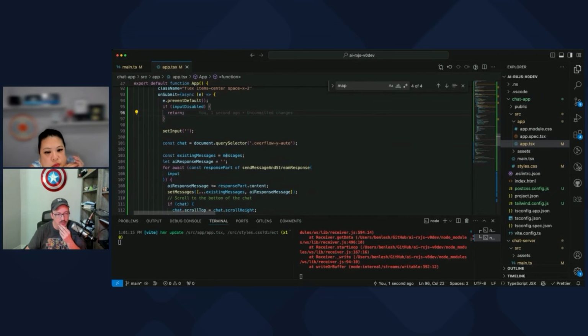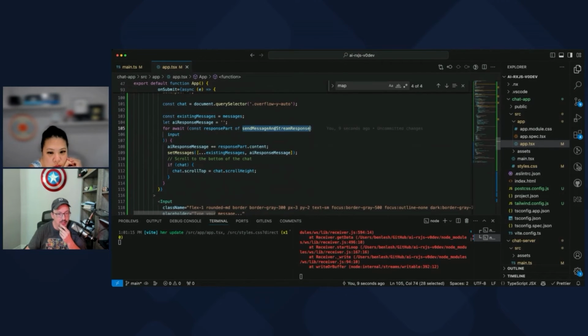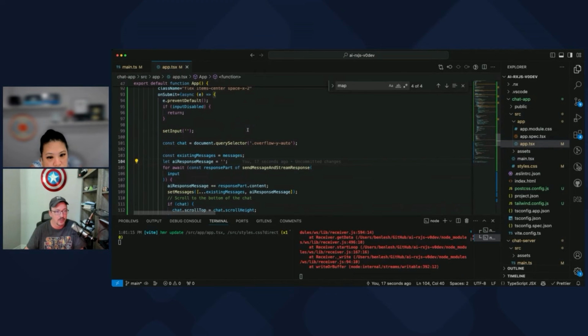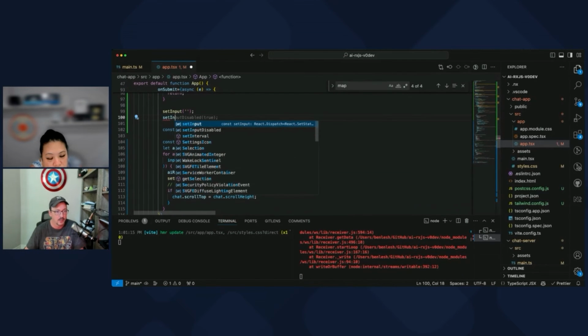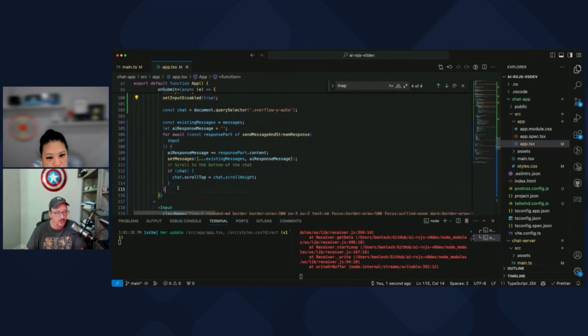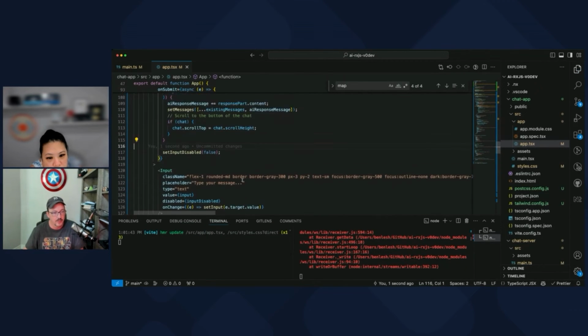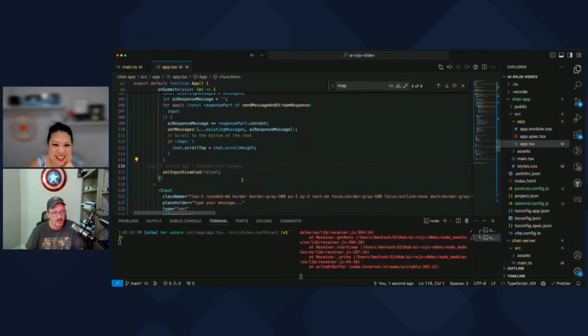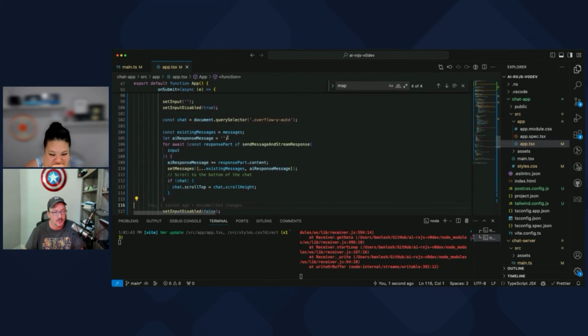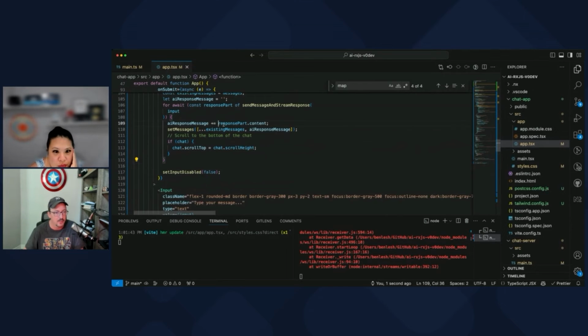We can probably get more clever with Rx with this, but I don't want to confuse people. So we're consuming an observable here. And this is just like going to stream these things out. And every single time we're going to update this. Now, as soon as, like right before we do this, we need to, let's see, set input disabled to true. And then as soon as we're done, we'll set input disabled to false. So I'm going to see how we're doing. I think I also might want to make sure that I am adding spaces between my content.